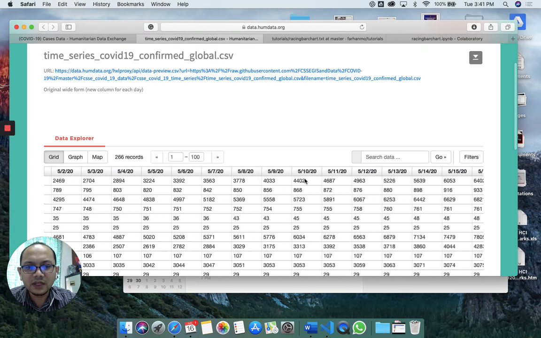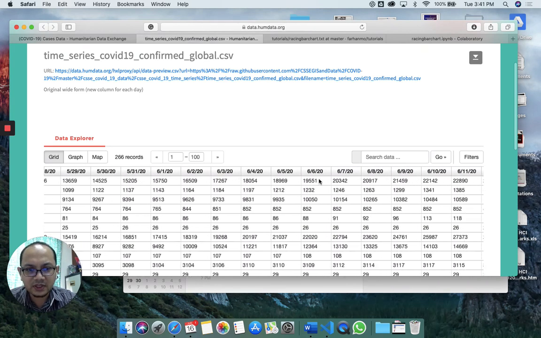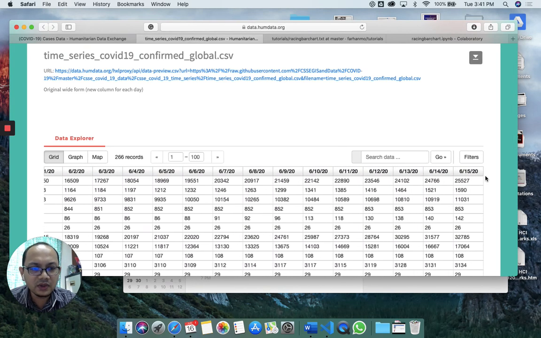We need to understand this because we need to pre-process the data for our use. And we realize that the data is updated column by column. So the latest update was on 15th of June, which is yesterday. This is the URL of the data, and we're going to use it in our code. Okay, back to the